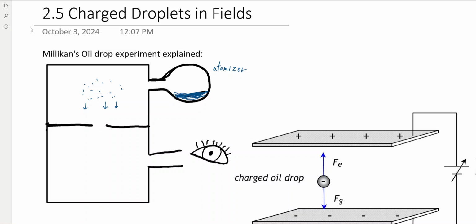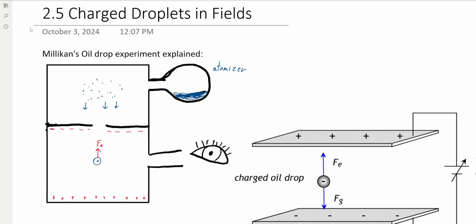So what we're going to do is make this plate, I'm going to make it red, negatively charged, because most commonly what we're looking for is those positively charged oil drops. We're going to have this oil drop in here that's positively charged, and it's going to be sucked upwards by the negatively charged plate and pushed upwards by the bottom positive plate. And by doing this, we're going to end up with a net